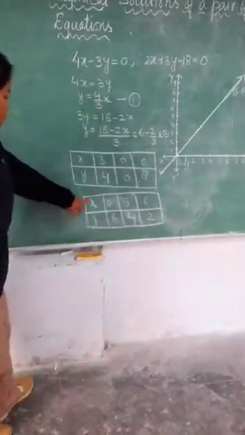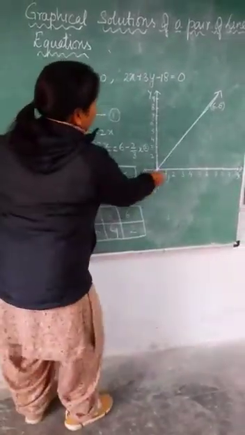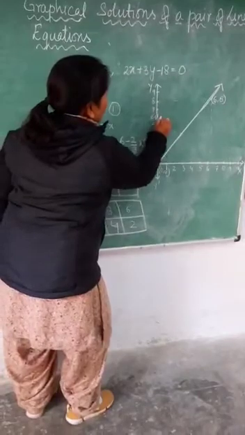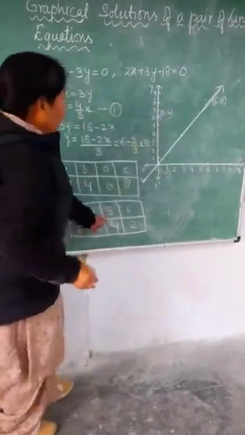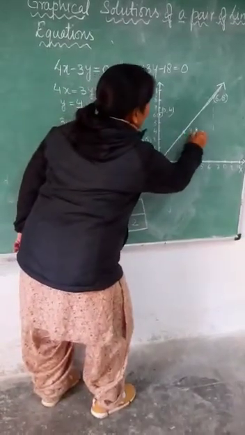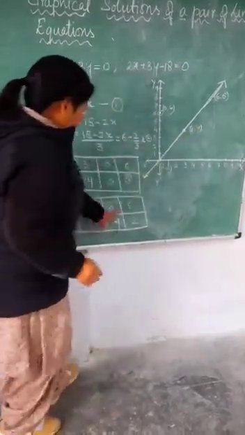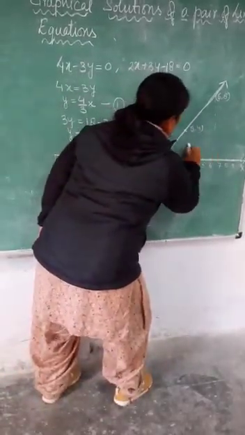And if we put 6 over here, then the value of y will be 2. So we will locate all these points on this graph paper. First is 0 and 6. X is 0, y is 6 over here. This point is 0 and 6. The next point is 3 and 4. The 3 and 4 point will be the same as this one. And the next is 6 and 2. X is 6, y is 2 over here.